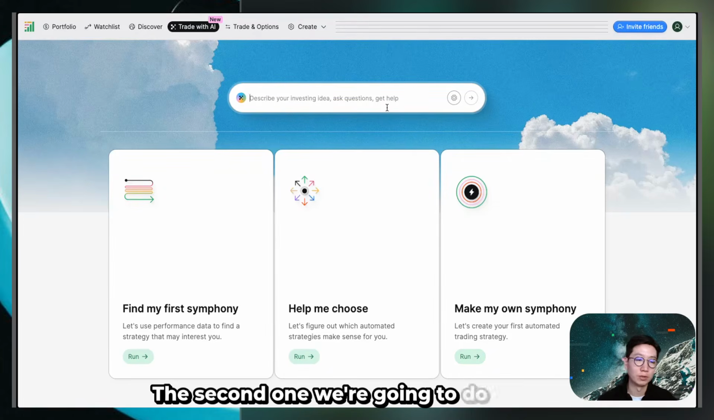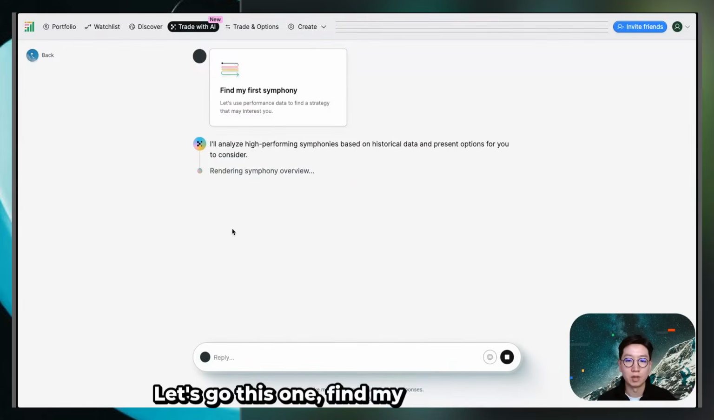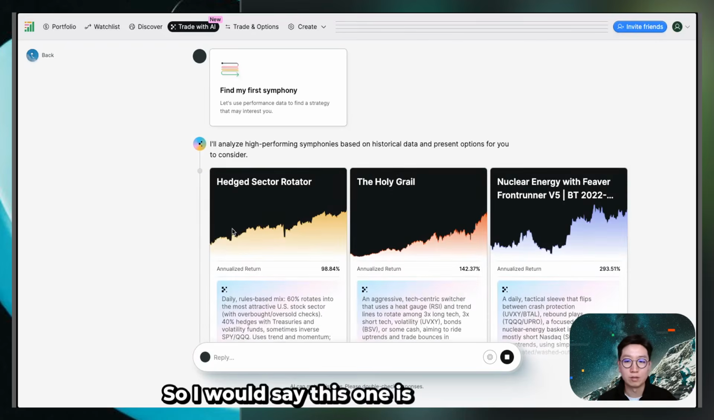The second one we're going to do is find my first symphony. I would say this one is probably the most popular one amongst users so far. So let's go to this one, the find my first symphony card. I would say this one is similar to the I'm feeling lucky button on Google, where you're not really sure what you want to look for, but you just want Composer to give you something. So it will browse through the top performers